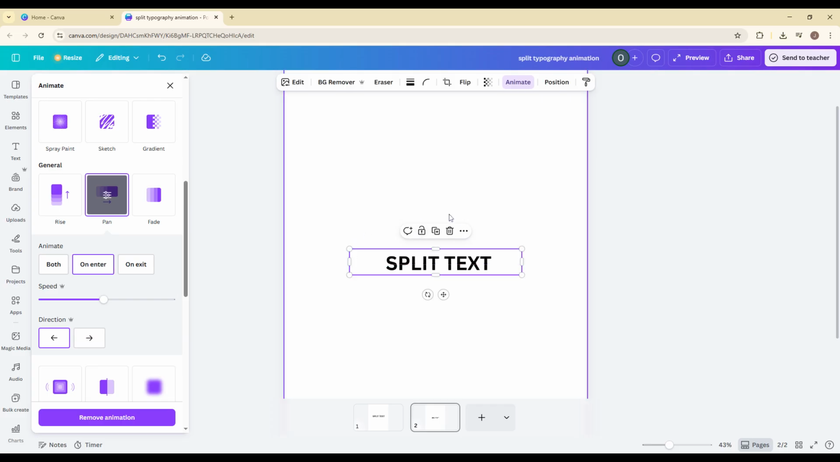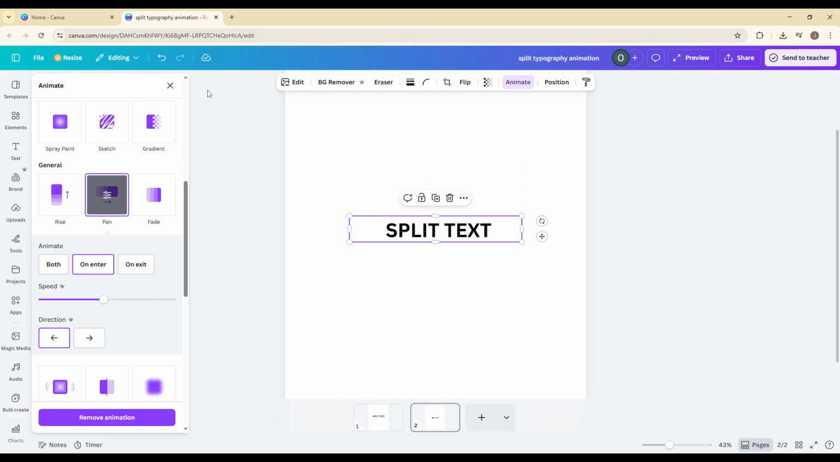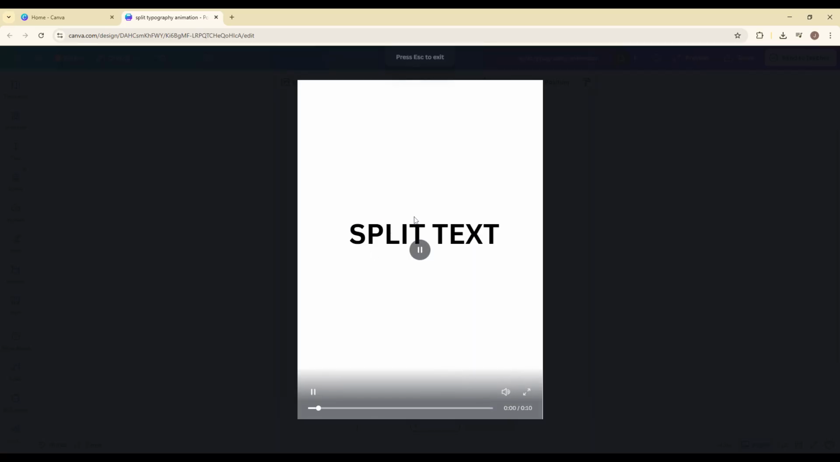You can adjust the timing and speed in the animation settings if you want it to feel smoother or more dramatic. And that's it. That's how you create a split typography animation in Canva using a simple image conversion and crop technique. It looks professional, it works great for Reels, presentations, and YouTube intros, and it only takes a few